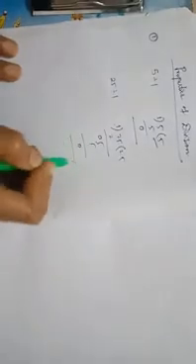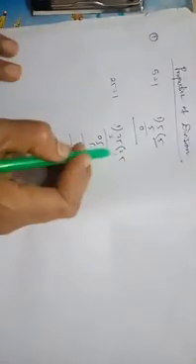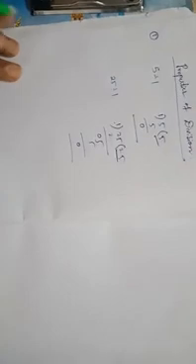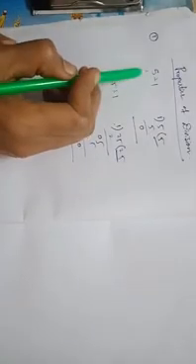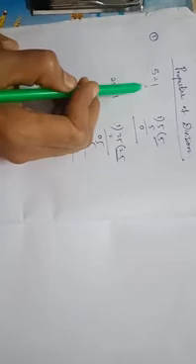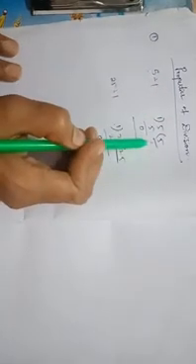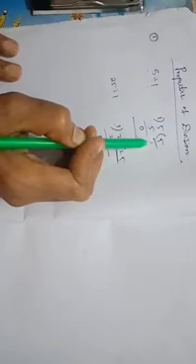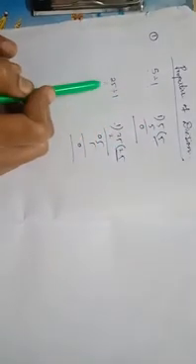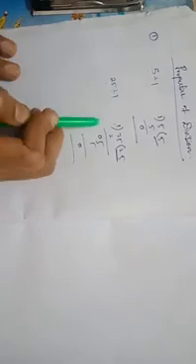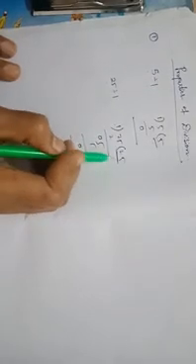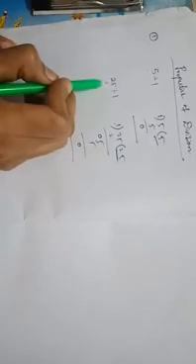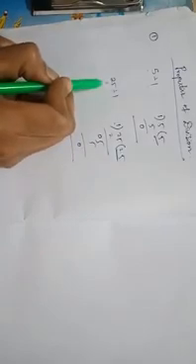1 2s are 2 and 5. 1 5s are 5, 0. Then what is the quotient? 25. When we are dividing one number by 1, what do we get as a quotient? We get the same number as a quotient. Isn't it, children? Here also I took 25 and divided by 1. So what is the quotient I got here? The same number which I took as the dividend, I got as the quotient.